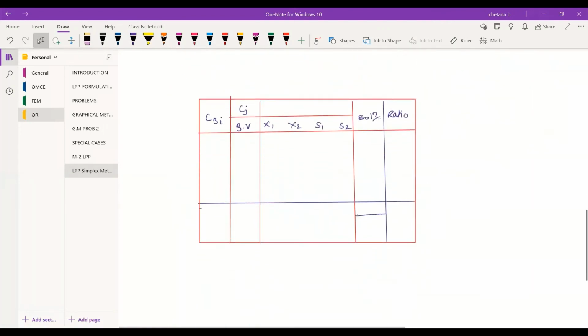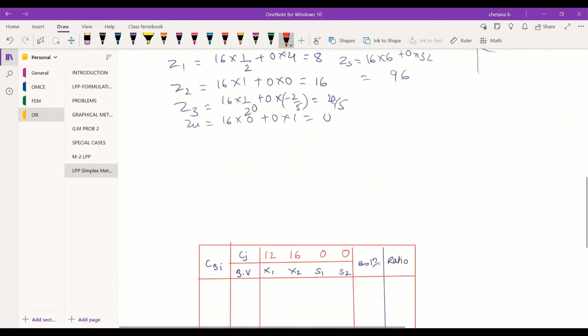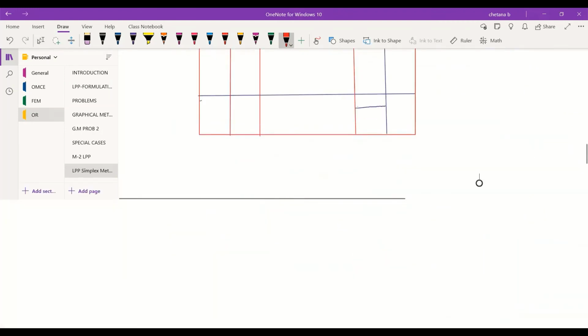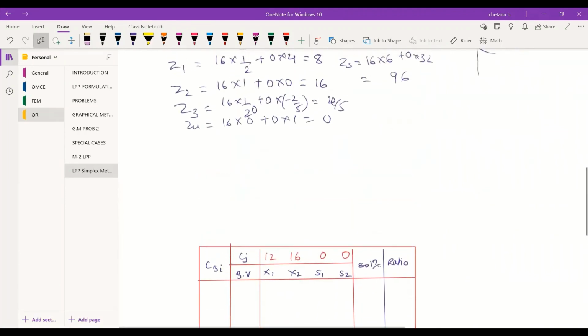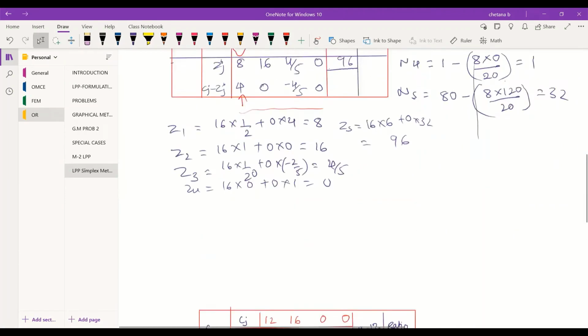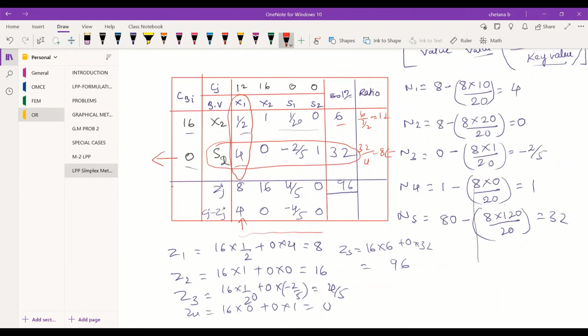If I leave it also, you can just carry on and do the further calculation. Coming to the Cj, again here there is no change: 12, 16, 0, 0. And here, what is the leaving variable? S2 is the leaving variable.